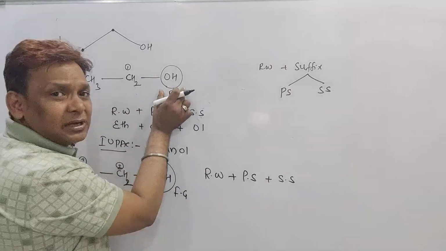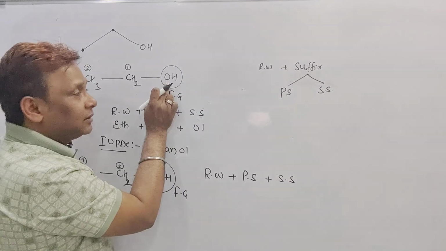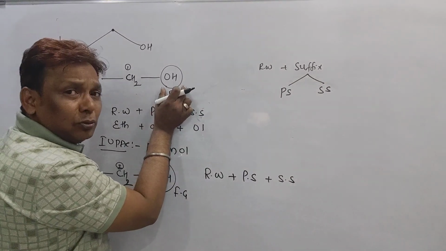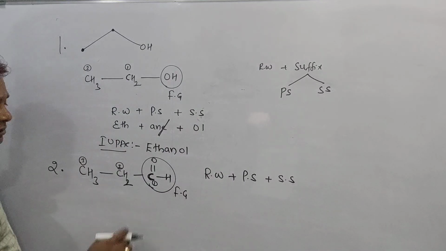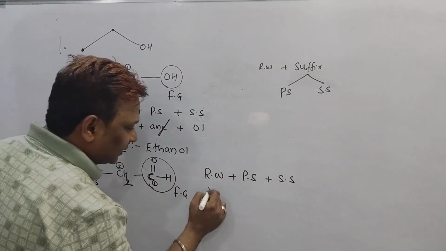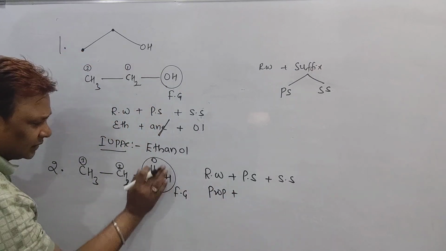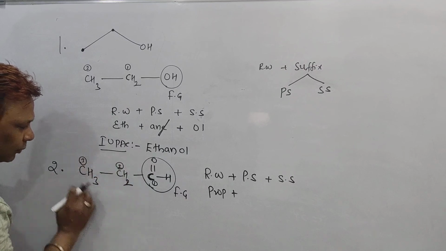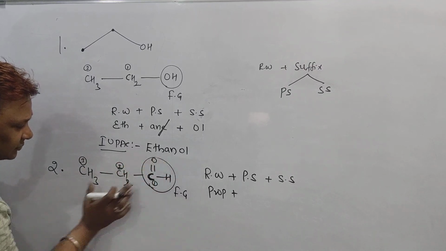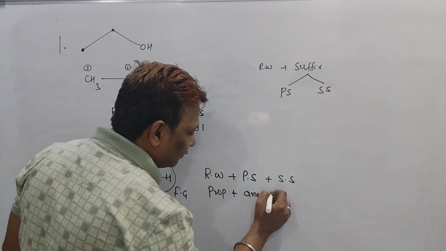But here the functional group does not have any carbon, so I should not give carbon number 1 here. I should give number 1 to the carbon the functional group is attached to, and the other is number 2. So 1, 2, 3. Sir, the root word is PROP, plus primary suffix. Leave the functional group aside. Other than that, do you have any double or triple bond? We don't have a double or triple bond, so the primary suffix should be ANE.